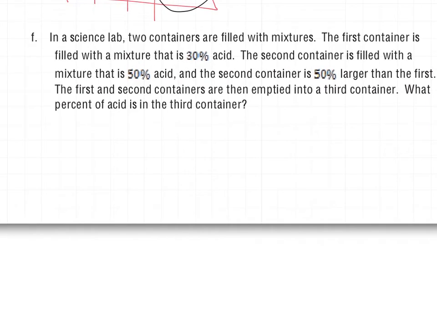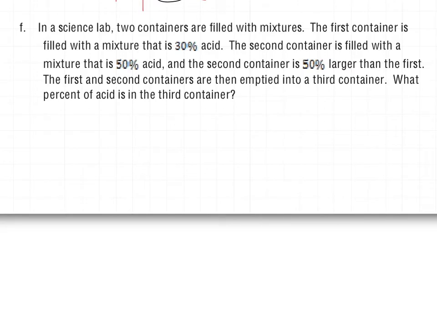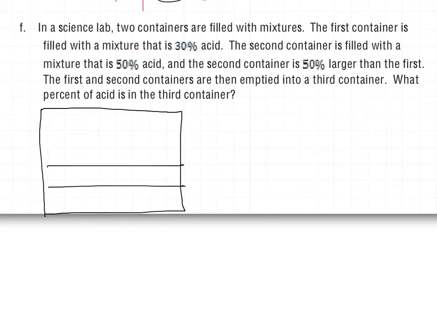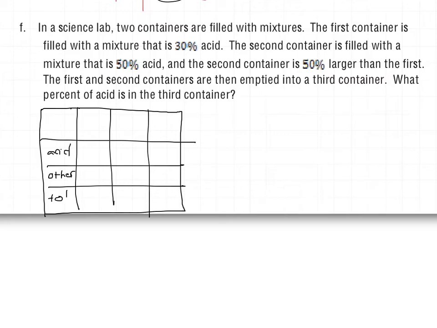And finally, in a science lab, we have 2 containers that are filled with mixtures. The first container is 30% acid. The second container is 50% acid. So we've got some acid and some other stuff. As we set up our table, we have our amount of acid, our amount of other stuff, and our totals,